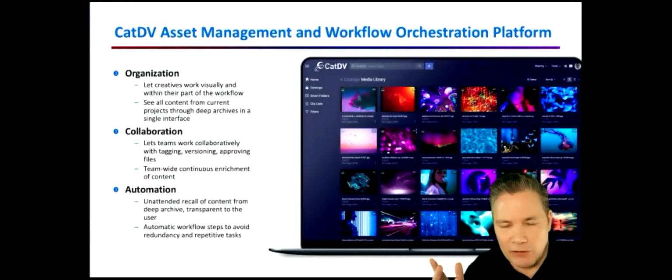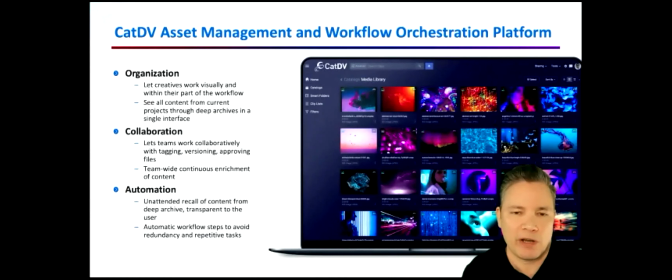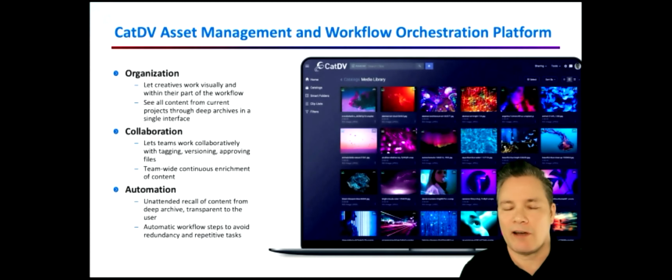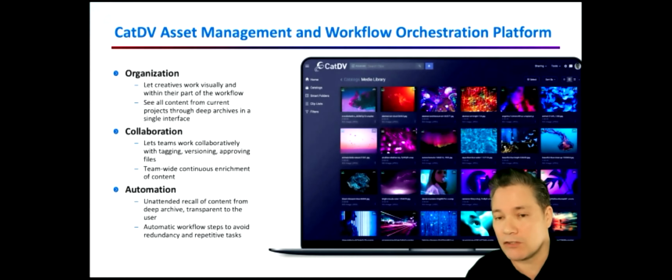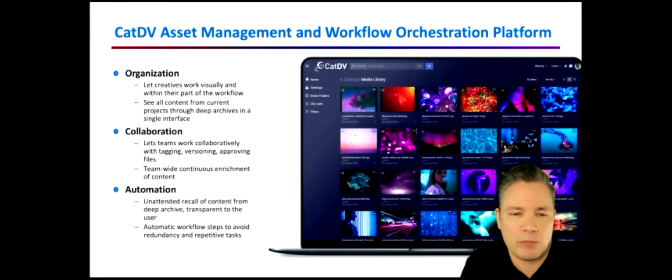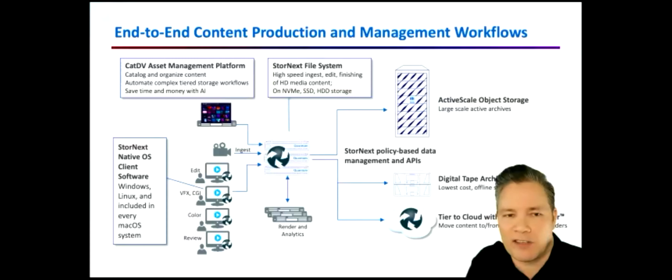It's tools like CatDV that let people work visually. I mean, if you create, you're probably a very visual person. You can organize things in catalogs by teams. It's just designed to enable collaboration. And then on top of all the different ways to move content in something like StoreNext, in CatDV itself you can define these automation levels, move things back and forth, and reach out to cloud-based tools to enhance a content library. And the way it all works together is